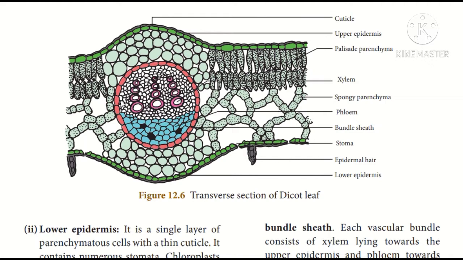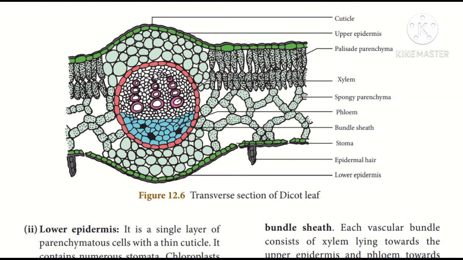And coming to the very important part, the vascular bundle. Vascular bundles are usually seen in the midrib and in the lateral veins. They are conjoined, collateral and closed. Already we have referred to the same points: what is conjoined, what is collateral, what is bicollateral, what is exarch and what is endarch, in the root and stem anatomy discussion. So the vascular bundles are conjoined, collateral and closed.